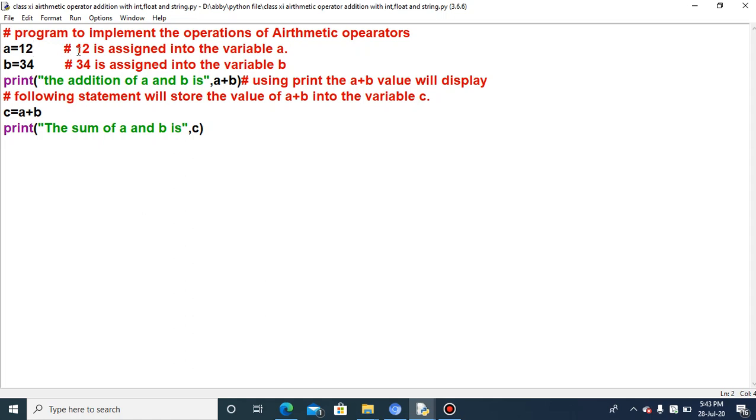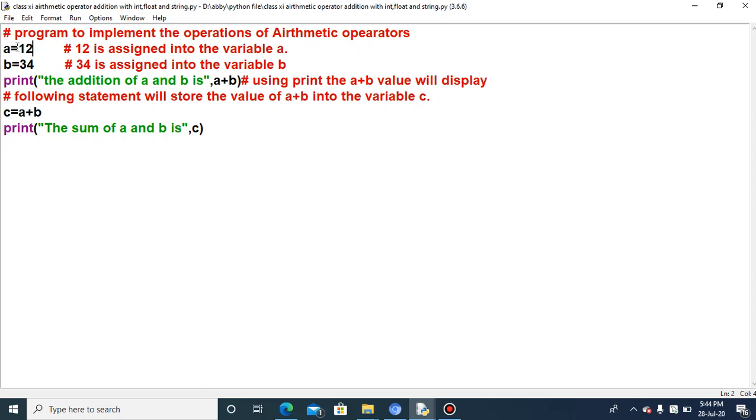So I have explained this line. When you write A equal to 12, what will happen internally? Internally, 12 will be assigned into the variable A. It means the equal to symbol is known as the assignment operator.